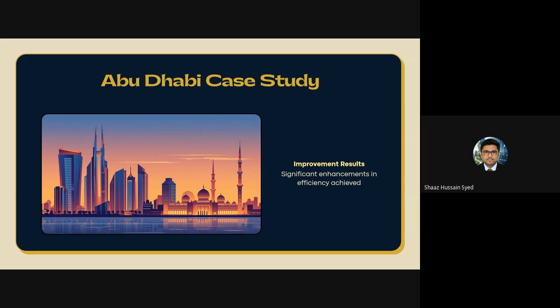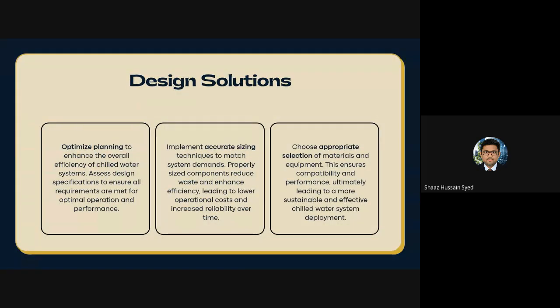And then we recalibrated. We did the flushing, we cleaned the filters for them, and we calibrated the sensors, which brought the delta T back to normal, and the penalties were reduced for them, and the system was working great after that. So let's move on to the design solutions, what we can propose when we are designing a project.